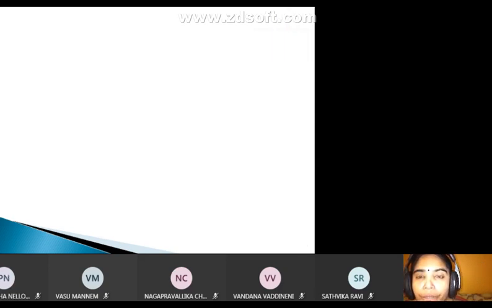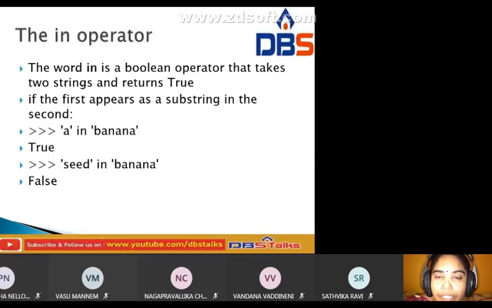Next topic is the in operator. What is the use of this in operator? Here the word in is a boolean operator.